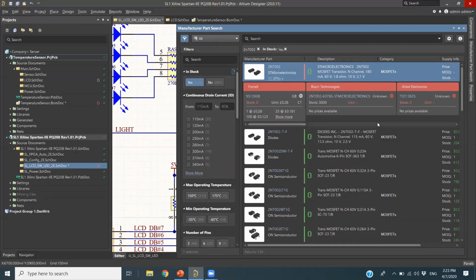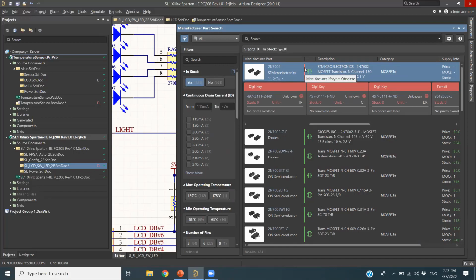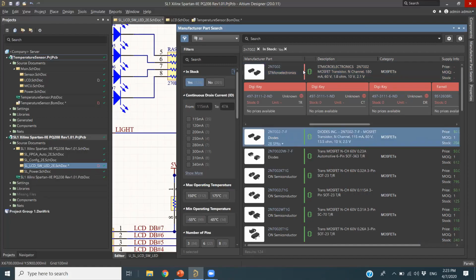Then when you come here, you will see there is a red color line. This red color line says that the manufacturer life cycle is obsolete. Obsolete means the component has come to the end of life. So what you need to do is, we cannot select a component with that end of life. You should select the component with the green line. It says volume production. You must see this green line, followed by a symbol.